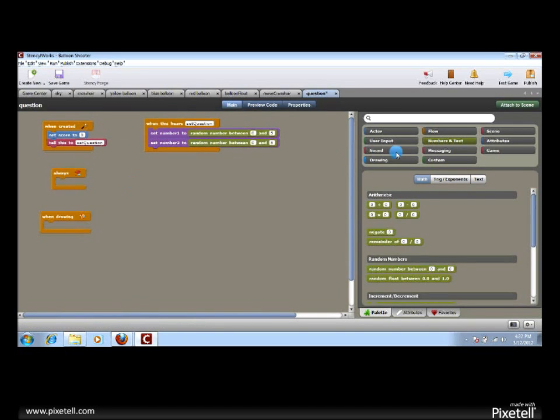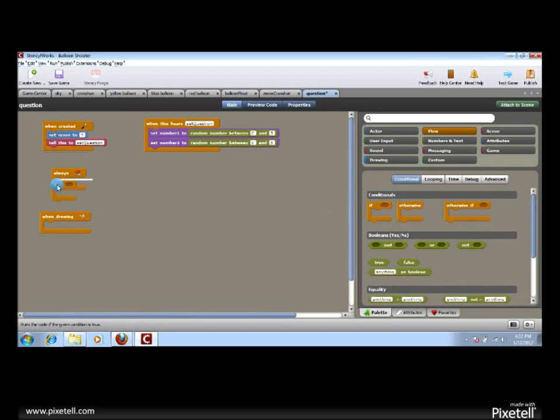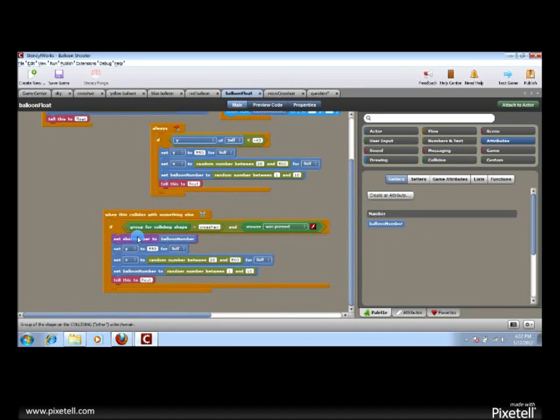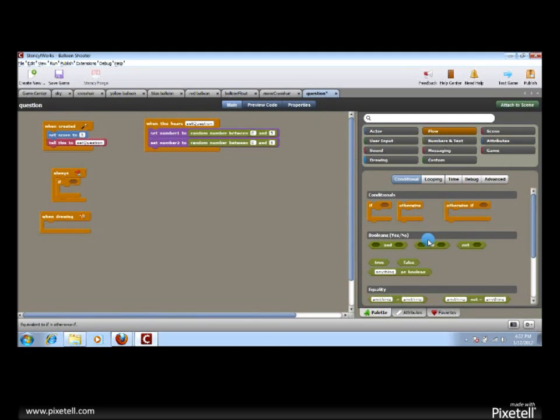Now in always, we're starting off with an if, and what we need to do now is check if number 1 plus number 2 is the same as the balloon that was shot. Let me take you back to balloon float, and this attribute, shot number. This is the number that's on the balloon that the user has shot. So back to question, and we're checking here if these are equal,